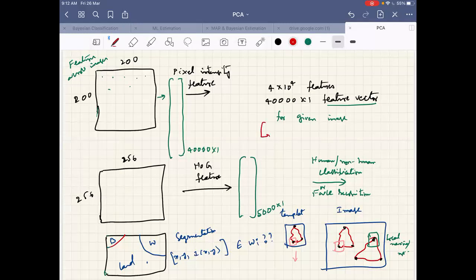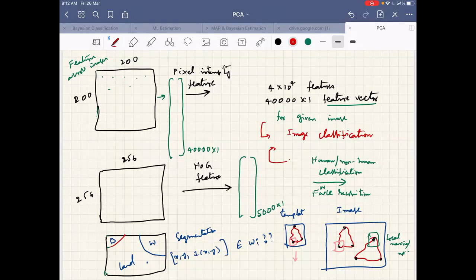Either this or this are used in image classification tasks. In general, these all come under image classification. This can be either face recognition, or character recognition, or human, non-human classification, cat, dog classification, or vehicle classification, any of these things.